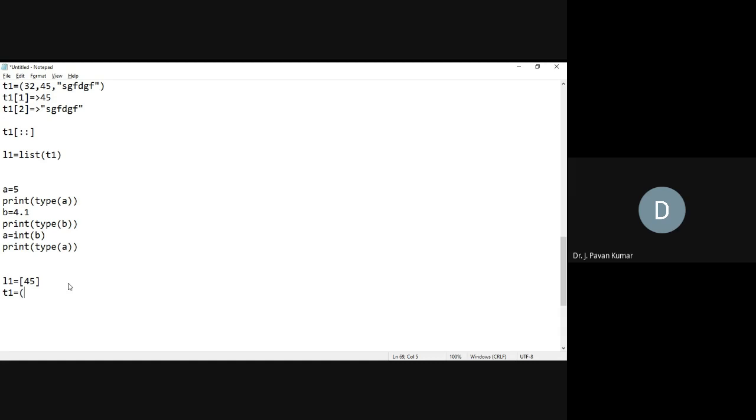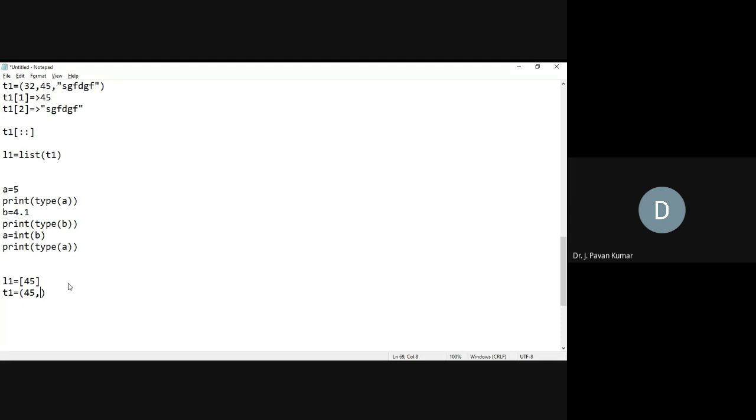We have only one element in a list, so we can enclose it in square brackets and that will be considered a list. Same thing, if you want one element in a tuple, 45 within parenthesis, it will not be considered a tuple. In order to consider this as a tuple, we need to use a comma.